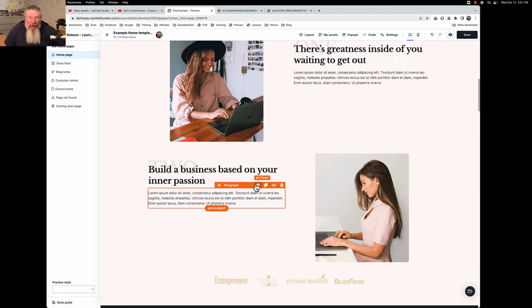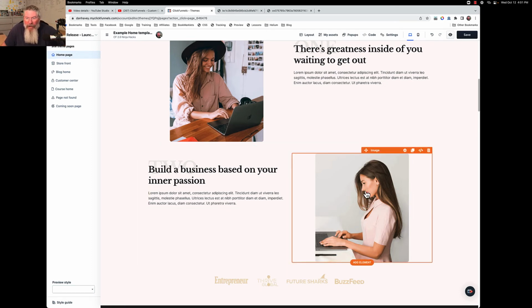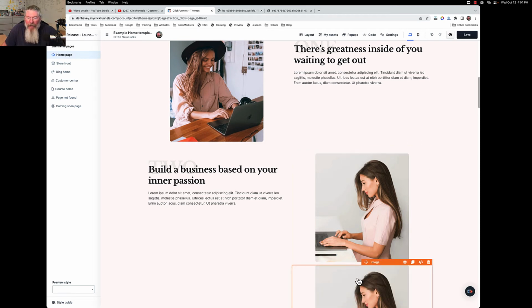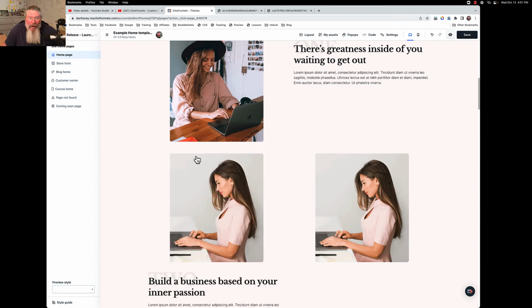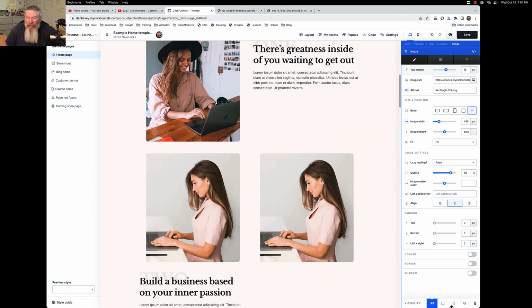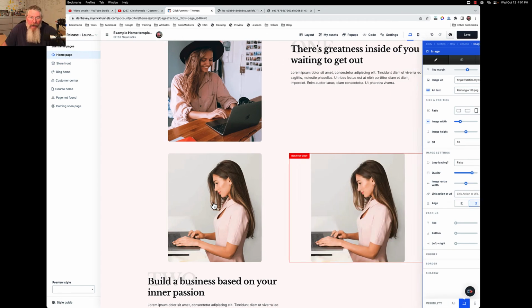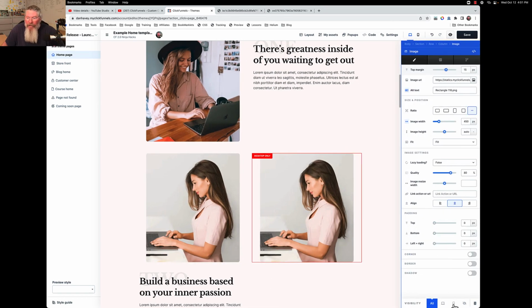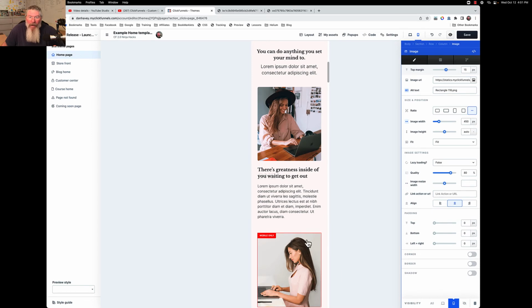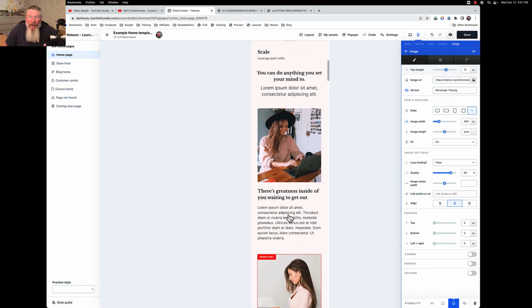A third way to do it, which is actually the simplest way to do it, is we're just going to clone this image here. We're going to grab this, put it above the text right here, and we're going to say this image we want to be desktop, and this image here we want this one to be mobile. So now we come in here, we got image, text,